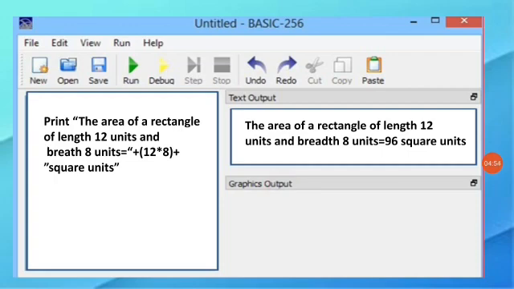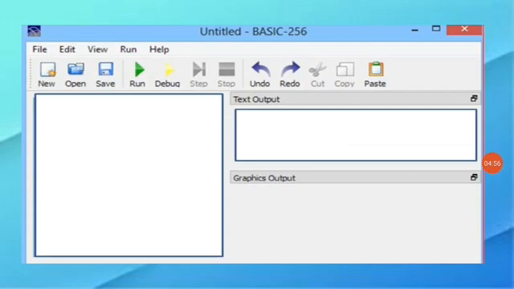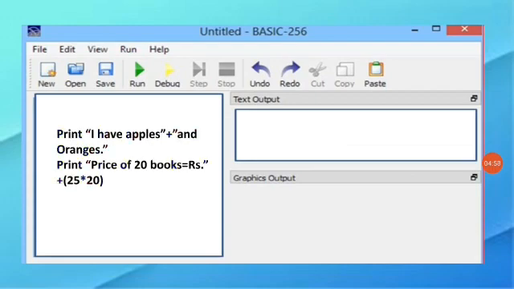Let's see another example program. See here, print within double quotes "I have apples", and we are using the plus operator, and within double quotes "and oranges". Then print "price of 20 books equal to rupees", then we use the plus operator, 25 into 20. Let's see the output.